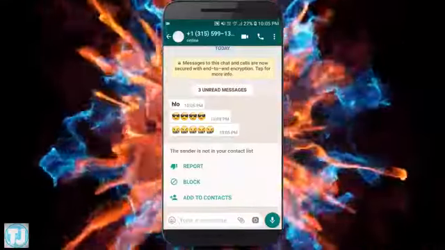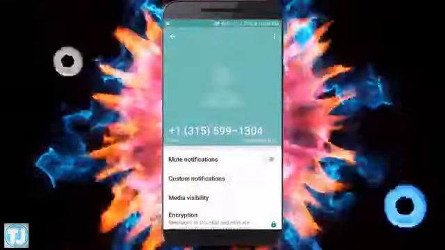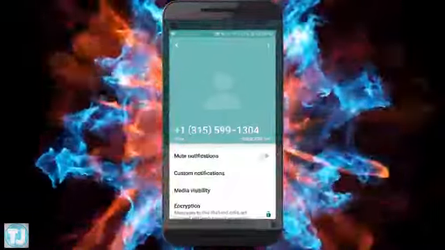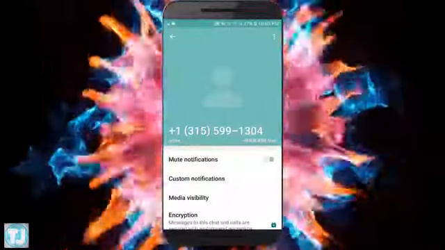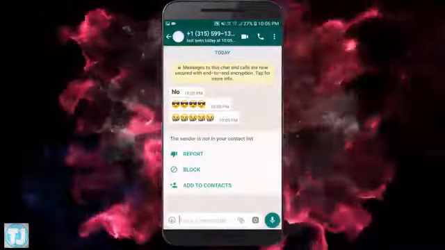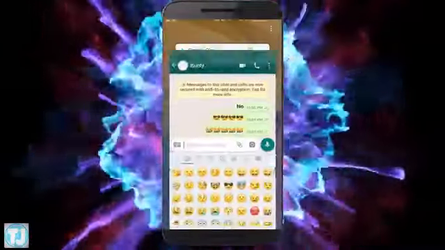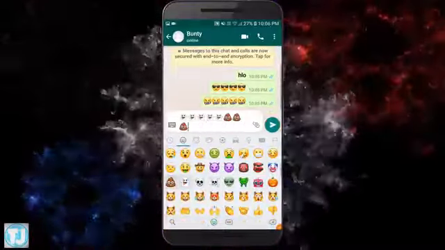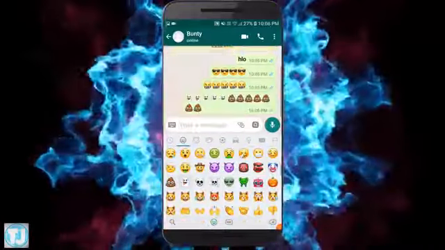If you send messages to anyone, they will be able to see the number you have just created in TextNow app. And no one can find this number on Truecaller or any other phone directories. And your identity will be completely safe on WhatsApp. So friends, this is how we can use WhatsApp without number.